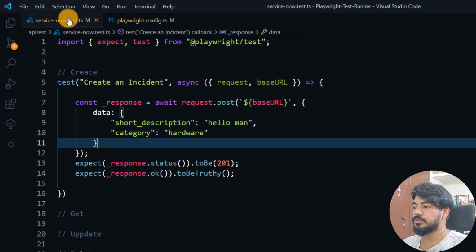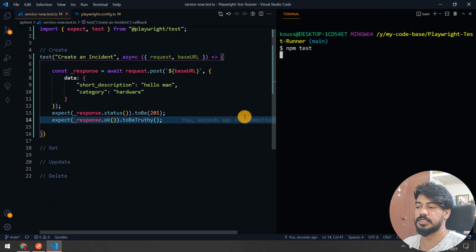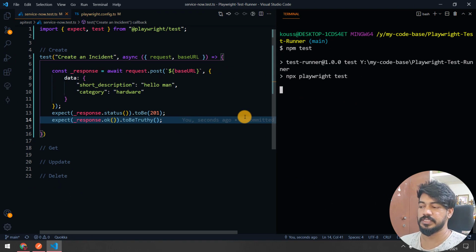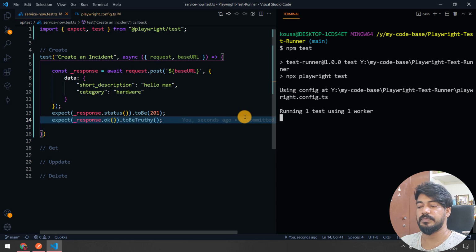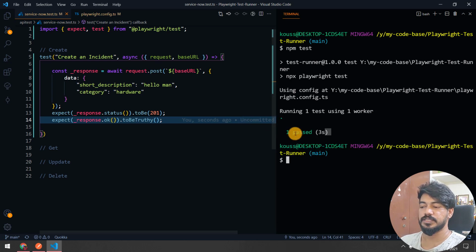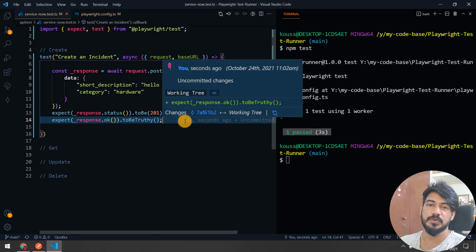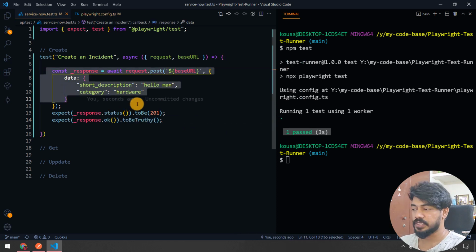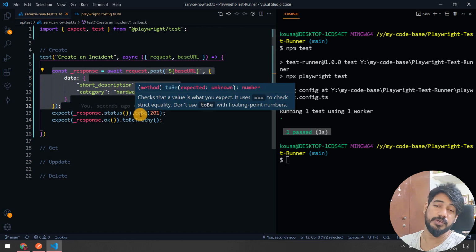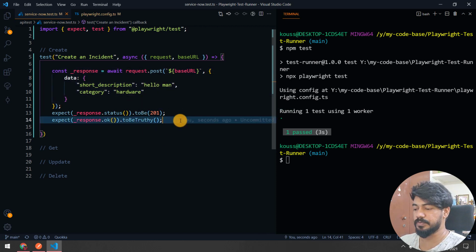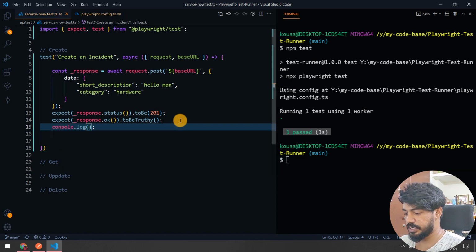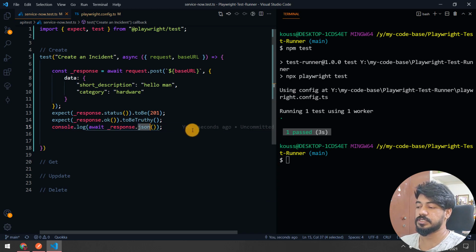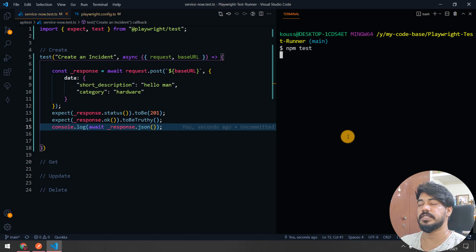Okay, now let's go to the request and I'm going to run the same test again, and this time of course we can see that it's going to be created with the 201. Okay, now yeah, so here we can get the password. Also if you want to print the response body, right? Whenever we create something, we know that we are going to get an incident number and the sys id as well, right? So I'm going to print that. So here I'm going to console log and I'm going to print the whole response actually. Let us see. Okay, so here I'll say await response.json. So I know that this is going to return me a JSON, so I'm using the json function here, and yeah, let's run this and see.